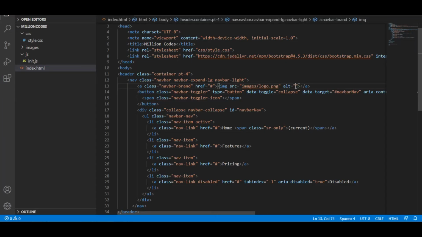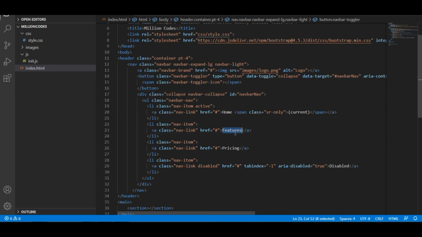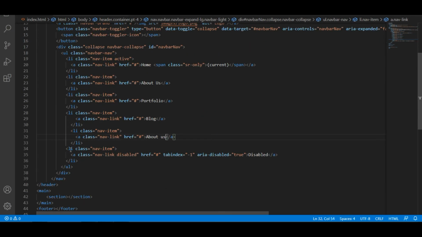We can also give an alternative text. Then we want to rename our links here. I don't want the disabled link. So we get the menus.